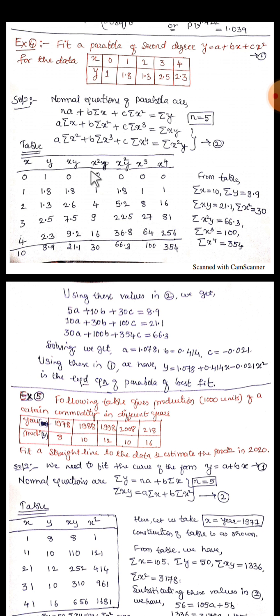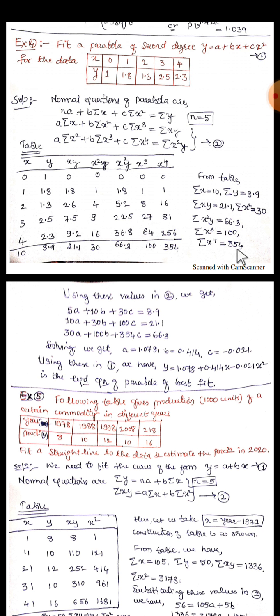First two columns for given data, then subsequent columns for each summation present in the normal equations. Complete this table. Find the column summations. So summation of x we are getting as 10, summation of y as 8.9, summation of xy is 21.1, summation of x squared is 30, summation of x squared y is 66.3, summation of x cube is 100, and summation of